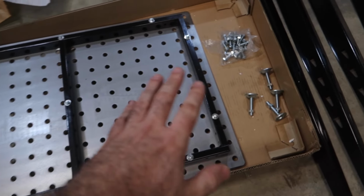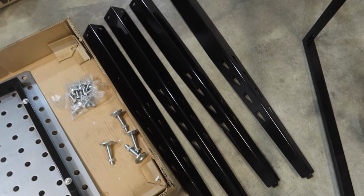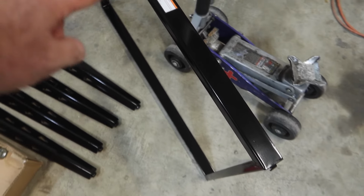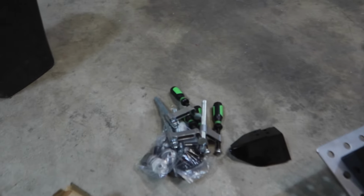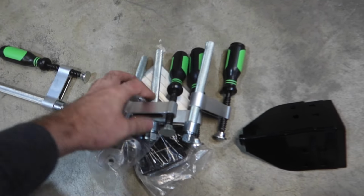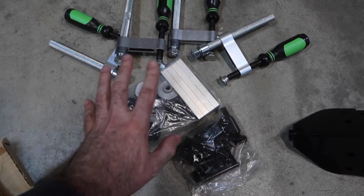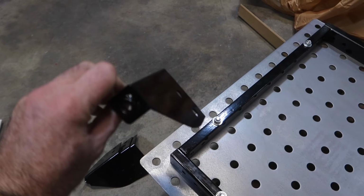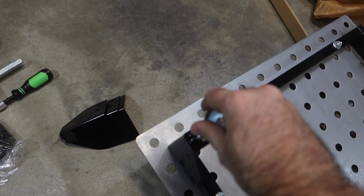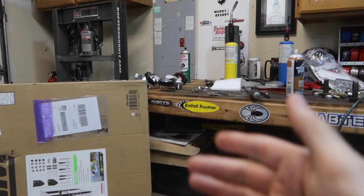Okay, guys, we got this thing unboxed. We got our legs that they're threaded. We got our bolts here for the legs. Got our forelegs here. And this is just a midsection support plate that's going to bolt in between all the legs right here. And all of our accessories, our mounts and stuff to hold our material on the table is right here. So we'll go over that and look at that later once we got it set up. But we can actually just bolt these corner pieces on and then install our feet like that,